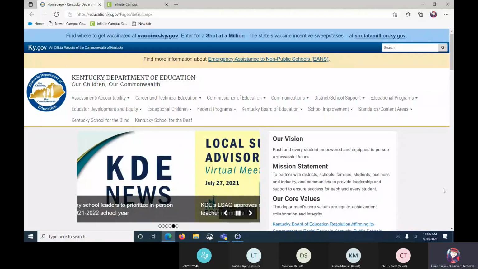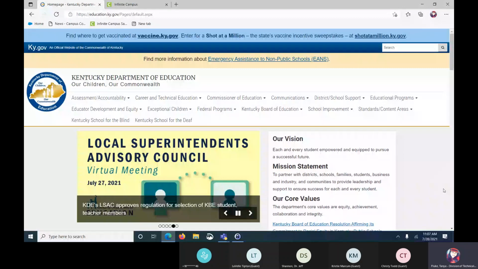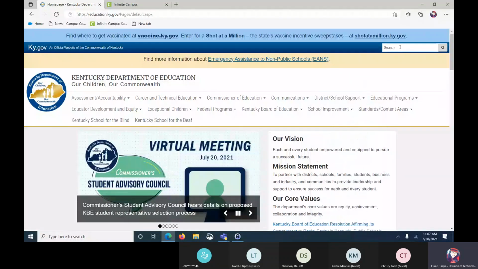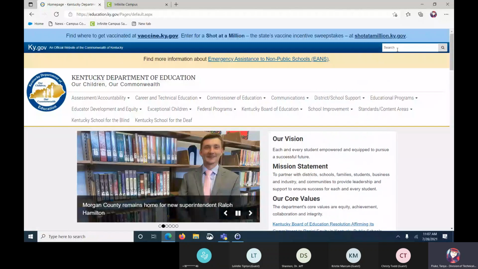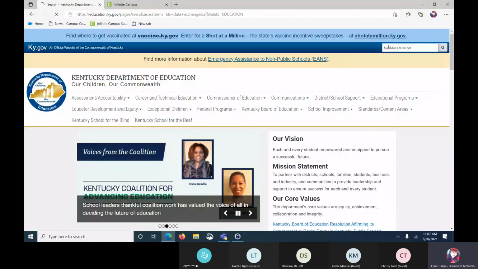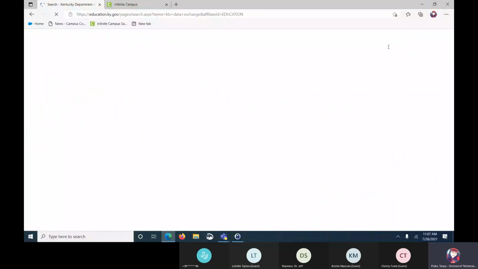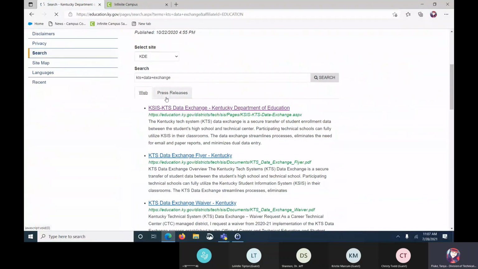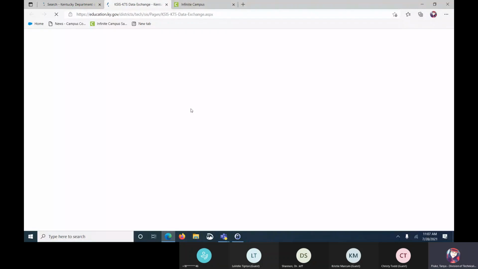Once you get to the Kentucky Department of Education website, you can get to the KTS Data Exchange page by going under District Support, but I think that it's easier if you just go to the top right-hand corner search box and type in KTS Data Exchange, and that'll take you to it in a quicker way. So it'll bring up the search results, and then just click on that top search result, and that will take you directly to the KTS Data Exchange